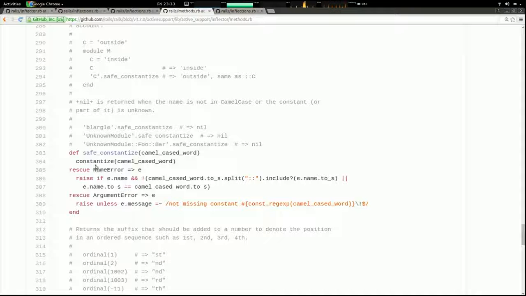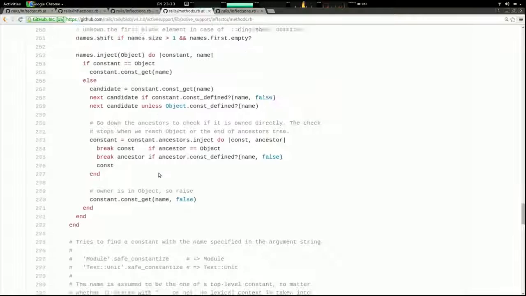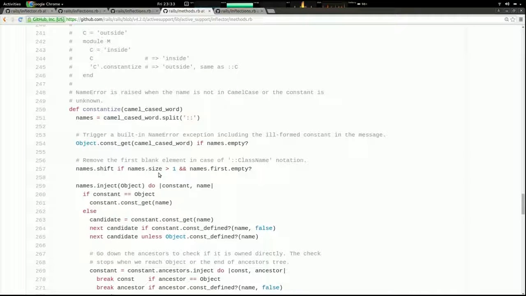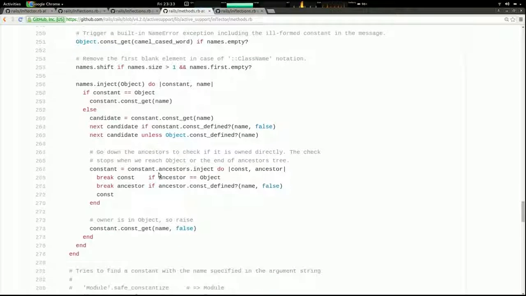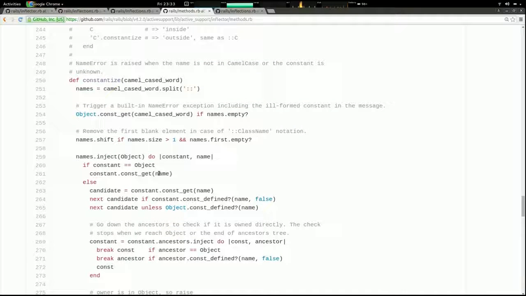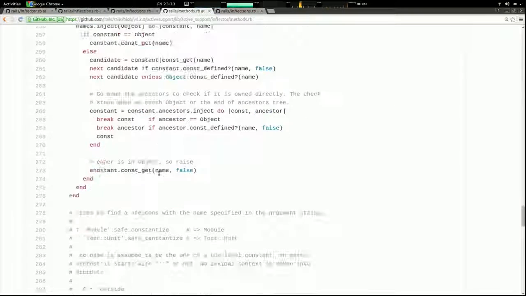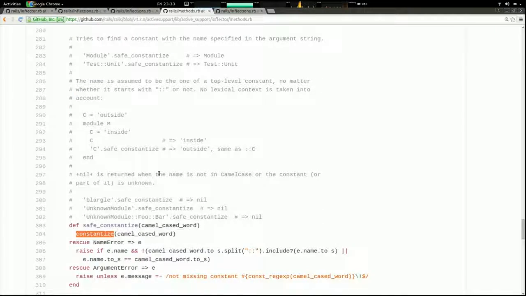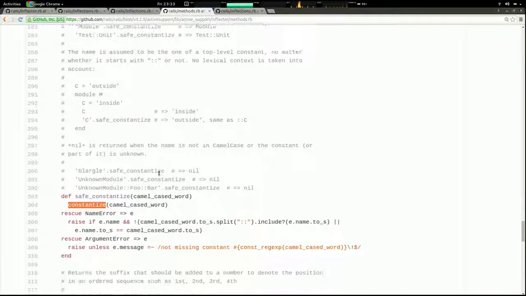Well, let's see what constantize does to maybe better understand this. Is it right above it? Whoa, okay. Well, all right. I think that's going a little deep. I don't want to dive into that just now, but